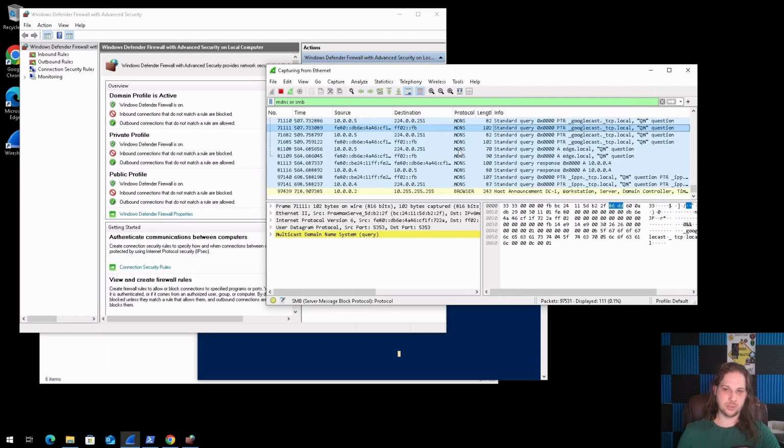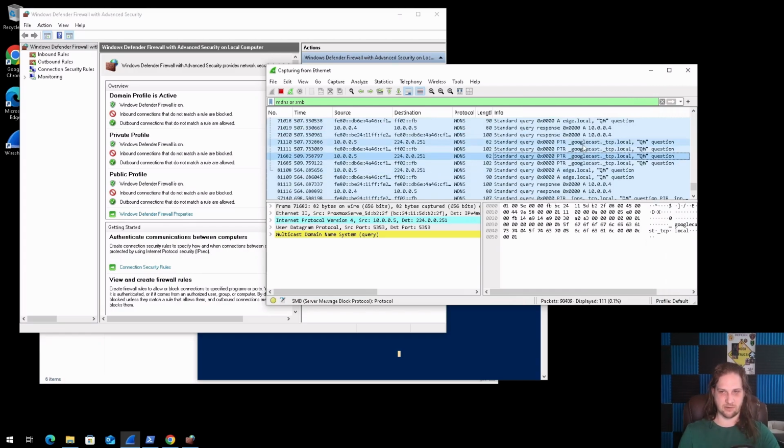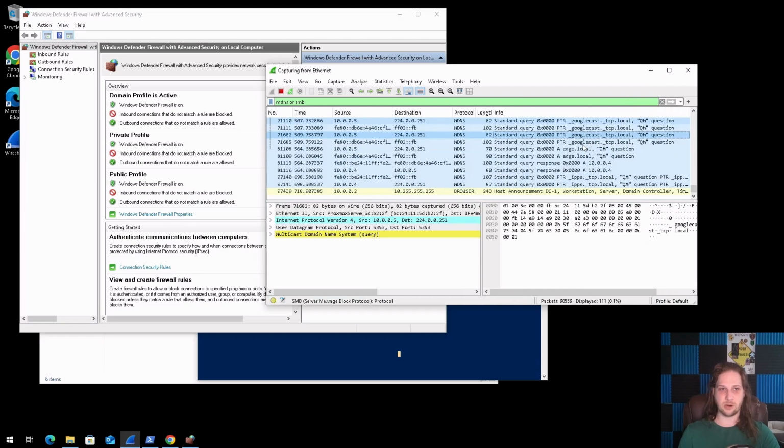In theory, there is a way with a sophisticated firewall to go through and say, hey, do not allow A record lookups, but do allow things like PTR lookups and everything else needed for service discovery. This is a topic I'd like to dive into deeper and get really solid solutions going without fancy firewalls. Unfortunately, at the moment, the only answer I have is fancy firewalls that can detect the A record versus the PTR record. If you have a good solution that does not require tens of thousands of dollars, let me know in the comments below. For now, though, we will lose this functionality with the solution I'm about to offer up.